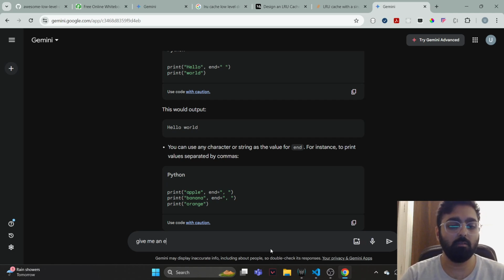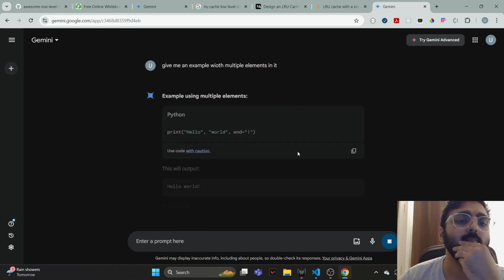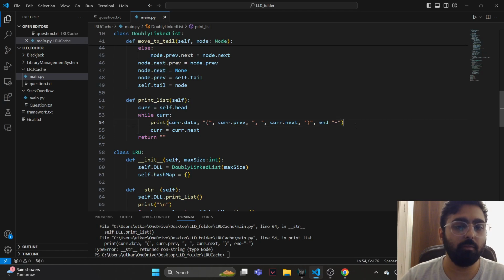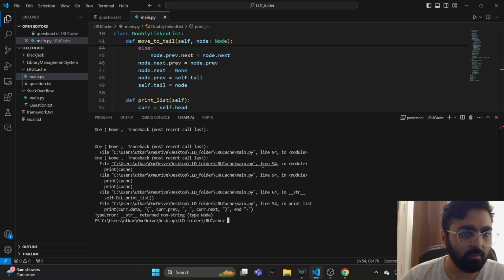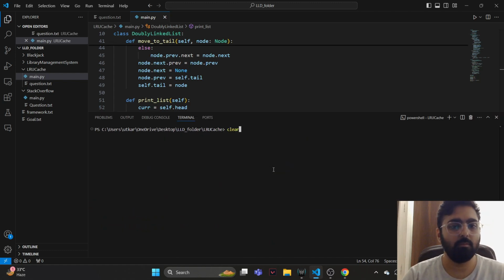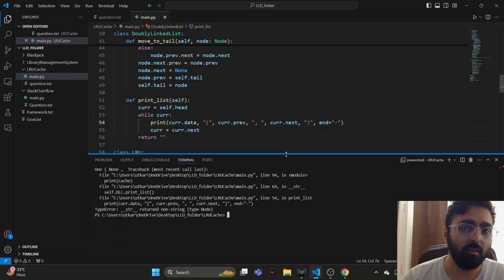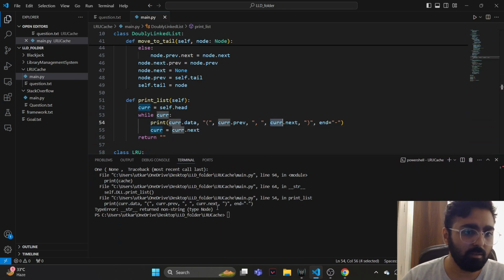Give me an example with multiple elements in it. Yeah, I think the end is also fine. I mean, why is this giving an error in the first place? It starts printing it, right? Oh, it starts printing it. It prints out 1 and the previous, which is none. And it says current.next, and it says that